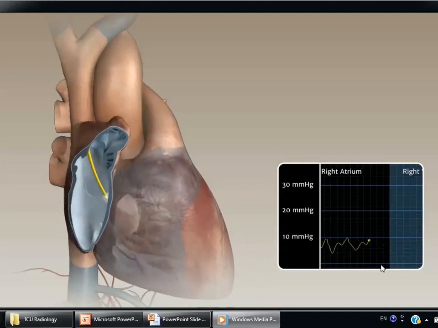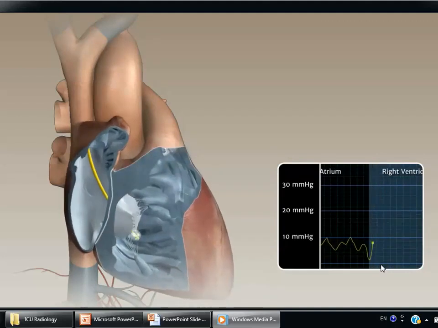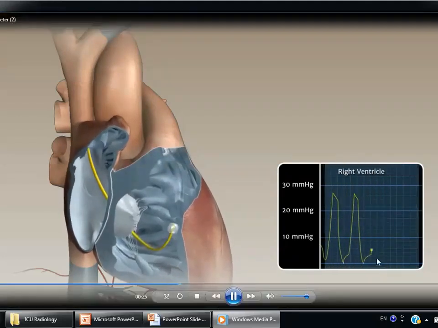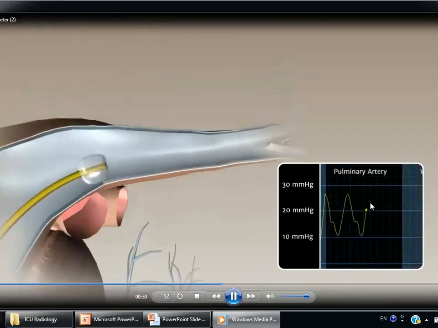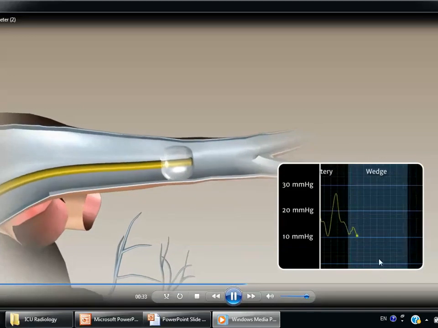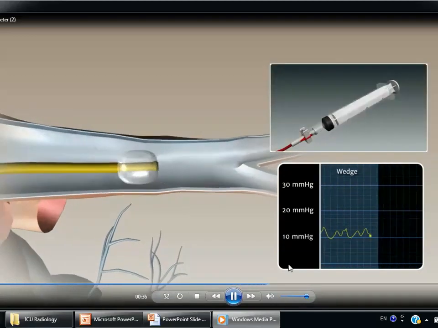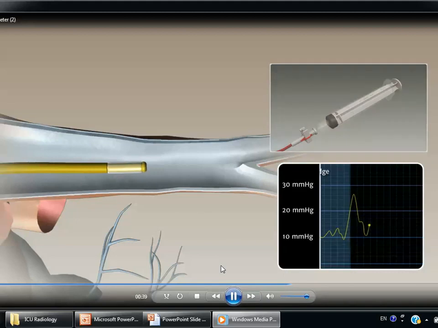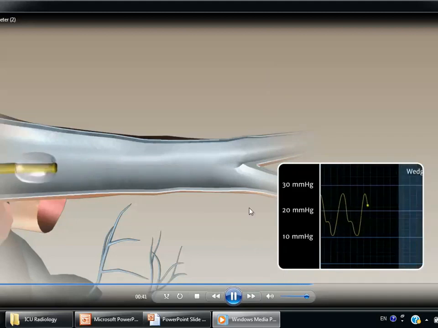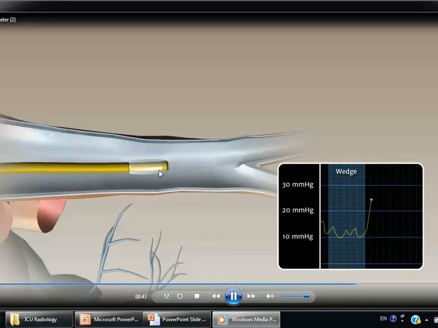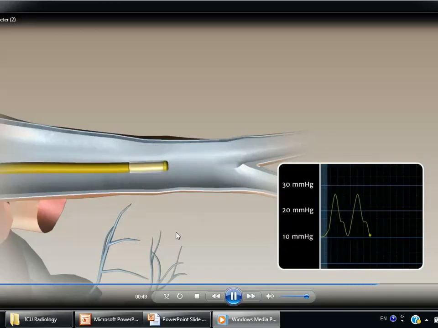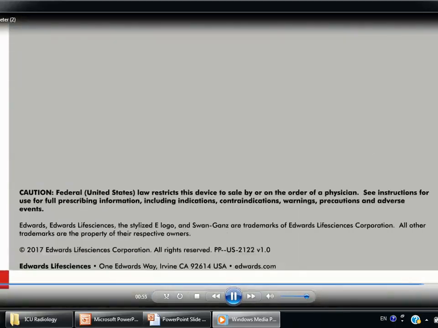Then you see that the balloon is inflated and the ECG monitor is judging the position of the catheter when it is in the pulmonary artery. Then if you go to the wedge site, you may inflate the balloon and impact the balloon in the pulmonary artery to get the accurate measurements. You see how you can judge the position of the catheter through the